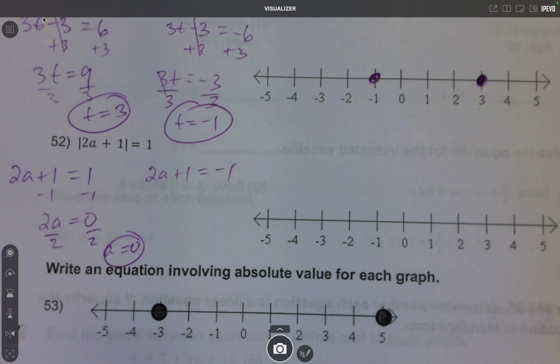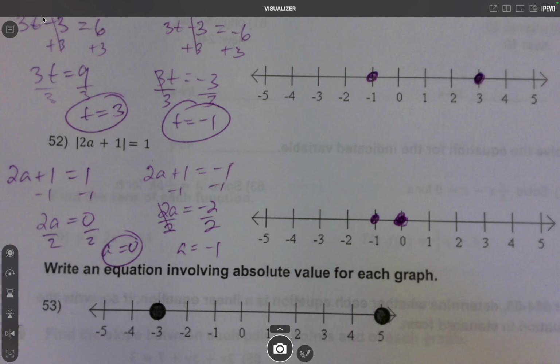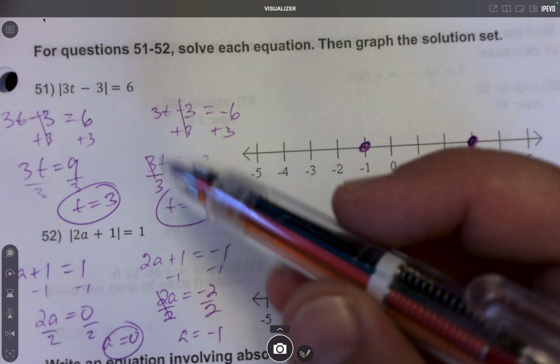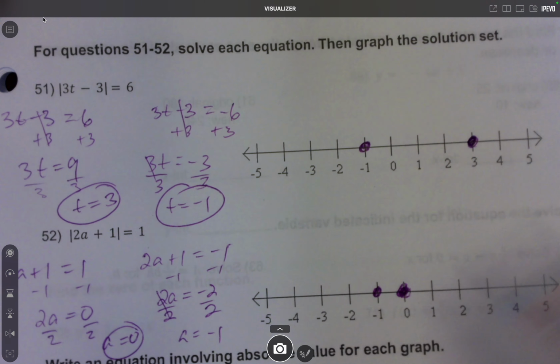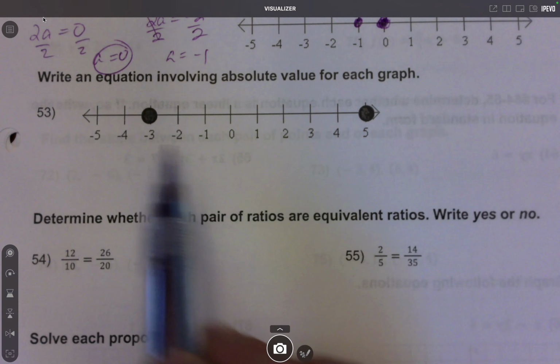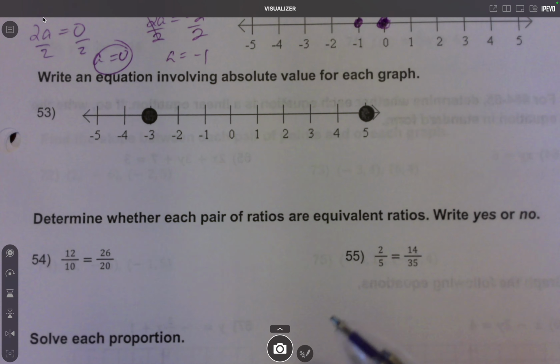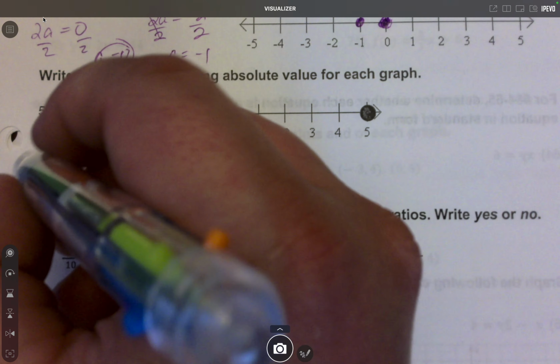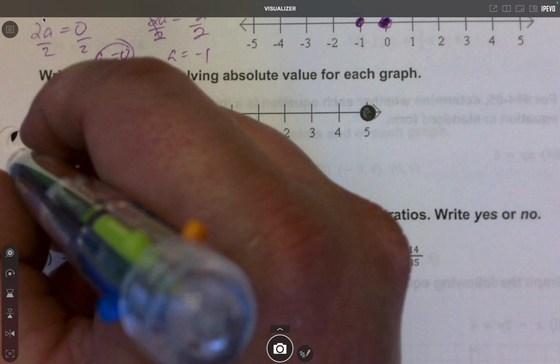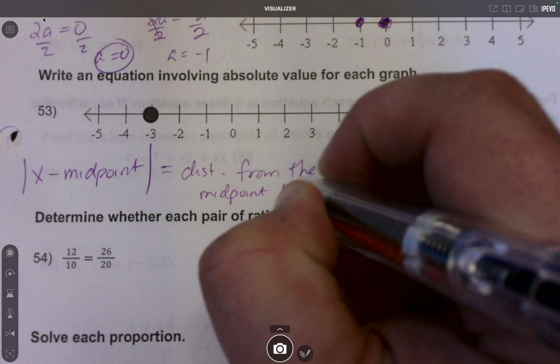So those answers are very close together. Okay. 53, we're doing the same thing, but in reverse. In 51 and 52, they gave us the equations, and we found the solutions. In 53, they're giving us the solutions, and we need to find the equation. Now, the general pathway for this is you do the absolute value of x minus the midpoint. That's whatever number is exactly in the middle or in the center between the two answers, is equal to the distance from the midpoint to a solution